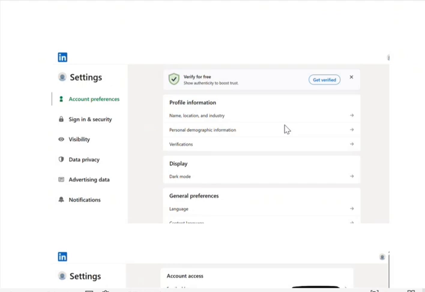So guys, today in this video, I'm going to show you how you can enable dual factor authentication for login